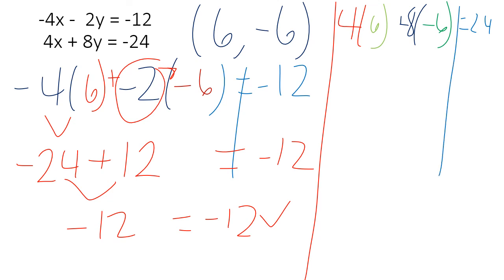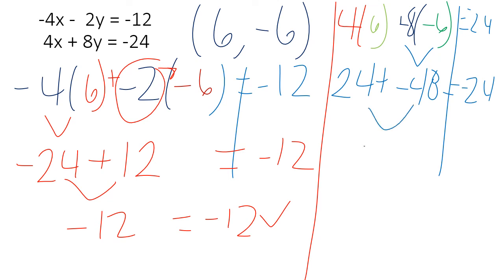So let's just go ahead and solve that. 4 times 6 is going to be 24, plus 8 times negative 6 is negative 48, equals 24. Oh, this should be negative 24. That's where my error is. I was going to say that won't work, but negative 48 plus 24 should be negative 24, equals negative 24,